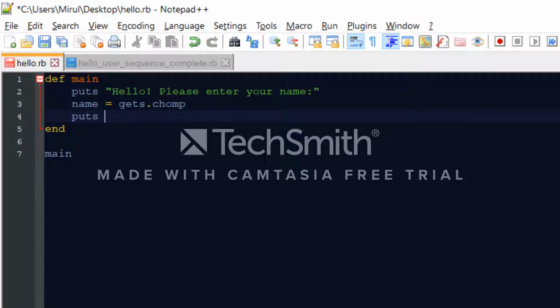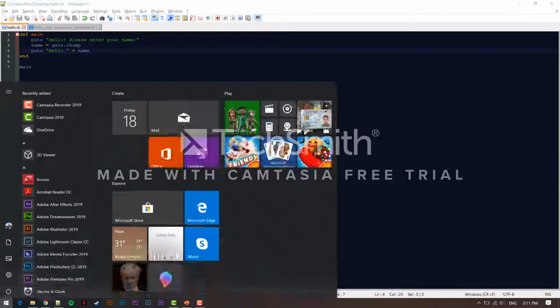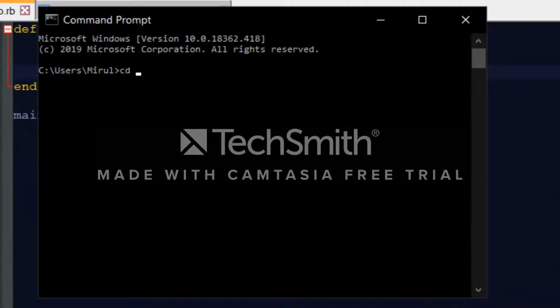And then you put another puts, so hello, if you want to greet the user, hello, plus the data the program gets from the user. So hello, then you need to add some space for it, plus name, enter. So you save your file, you launch back your CMD, go back to desktop,